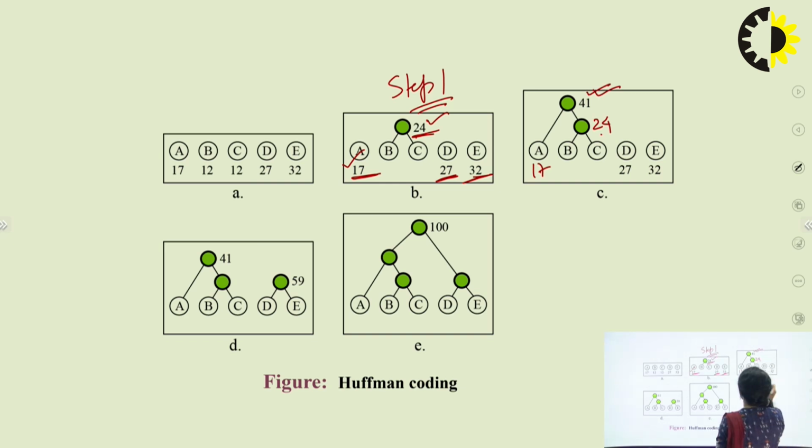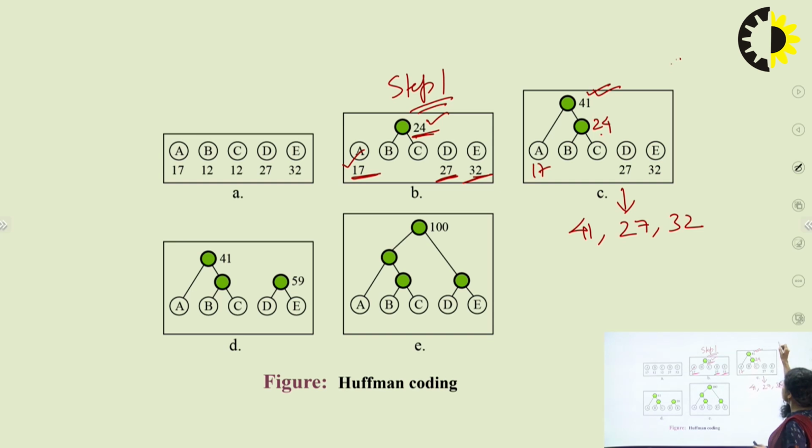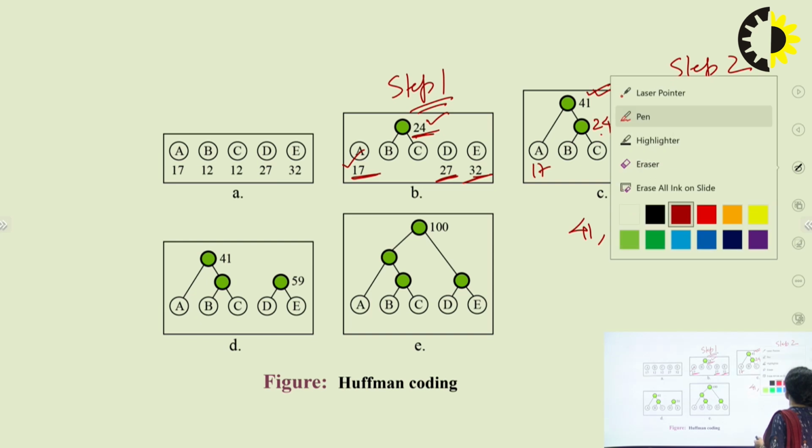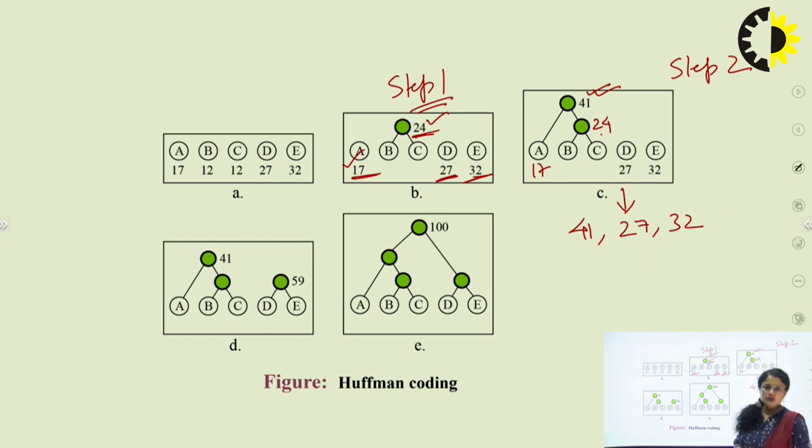So after this step, the weights which we have right now are 41, 27 and 32. So this is after step 2. Now we repeat this process again, and when repeating, we zero in on the 2 nodes which have the 2 least weights among the set of all nodes available in the table. If you look at it, we have weights 27 and 32 that are the least. So we take those 2 nodes corresponding to 27 and 32, and we add up their weights.